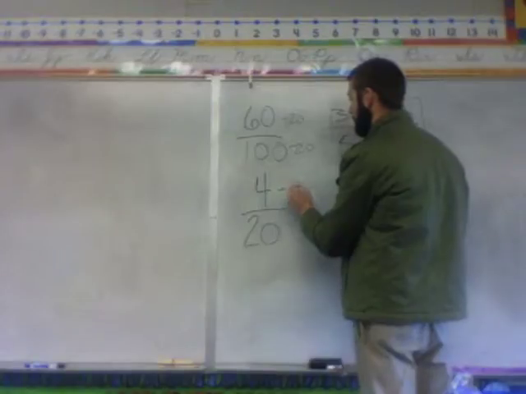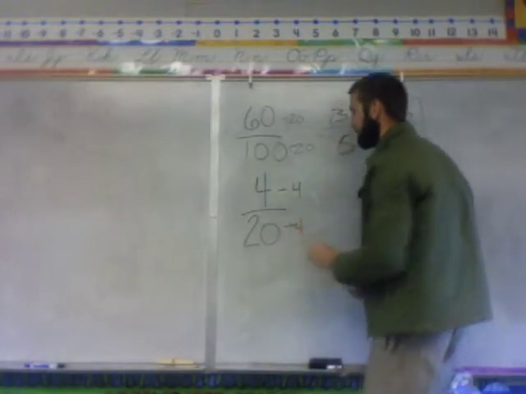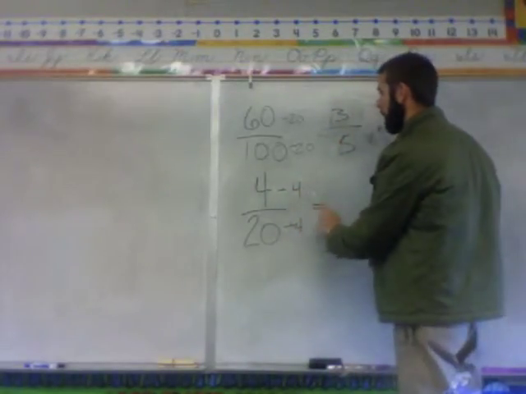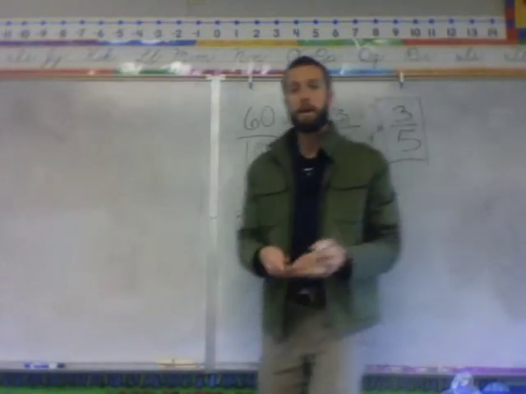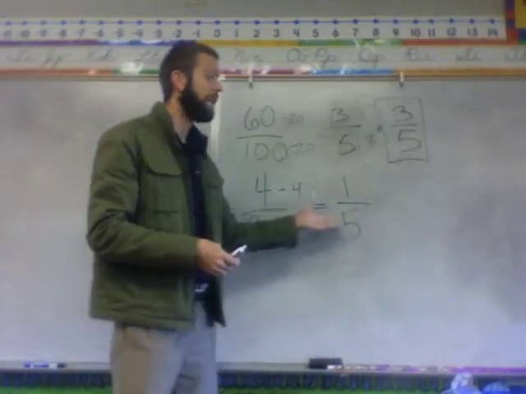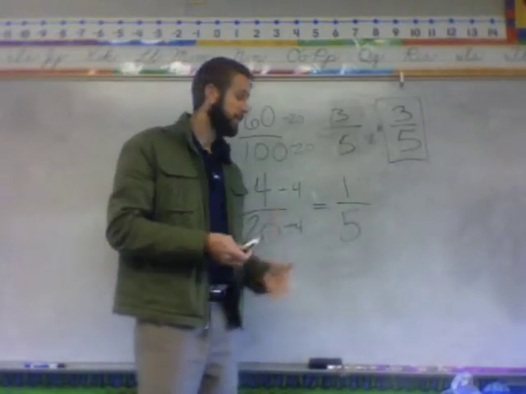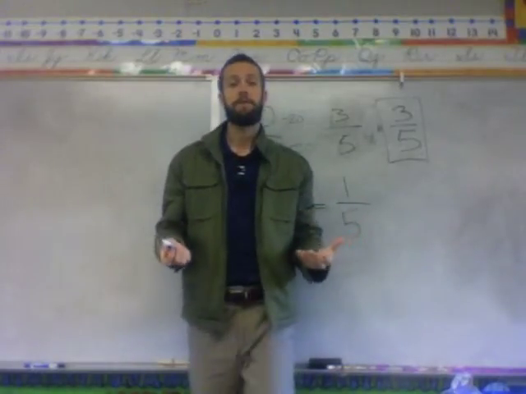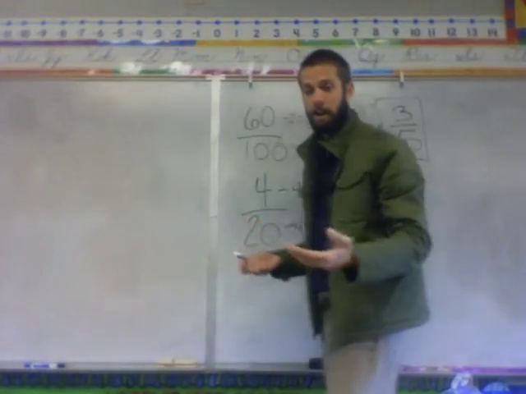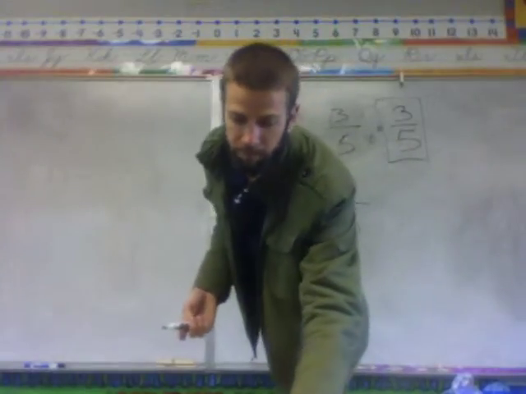Whatever you do to the top, you have to do to the bottom. So divide both of them by 4, and you'll get 1/5. 4/20ths is equal to 1/5. However, I will only accept the reduced form, and that's the lowest term. That's the way most teachers will want your answers. All right, let's try one more. How about number 3,